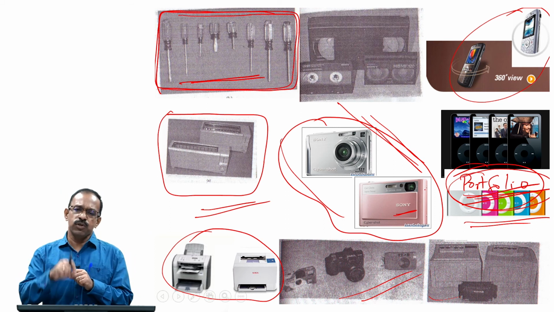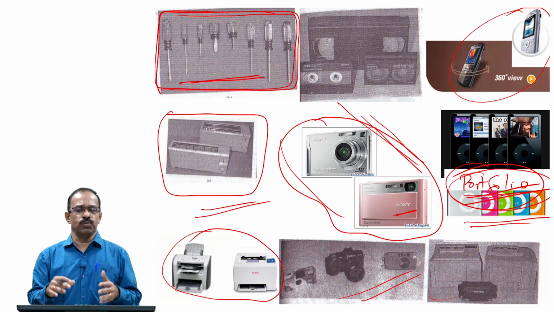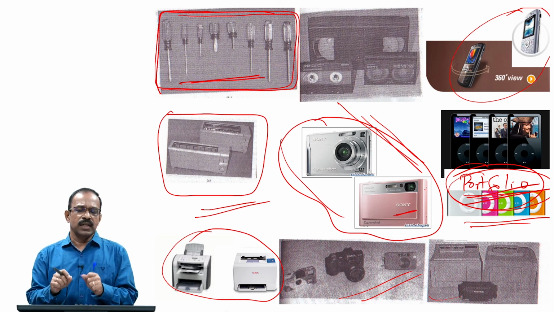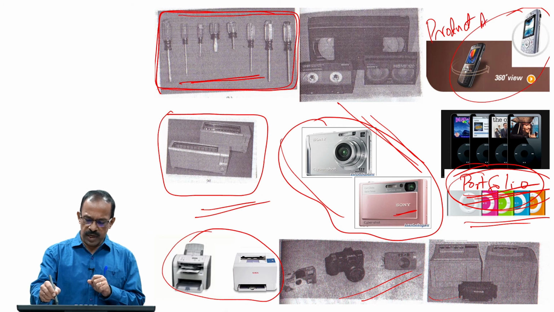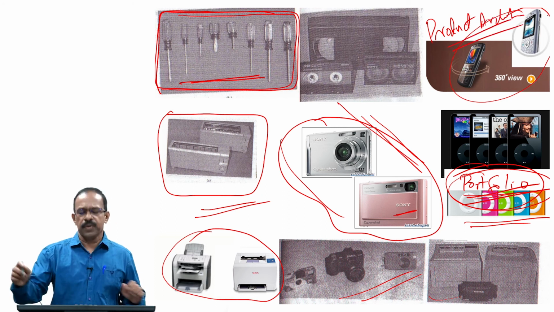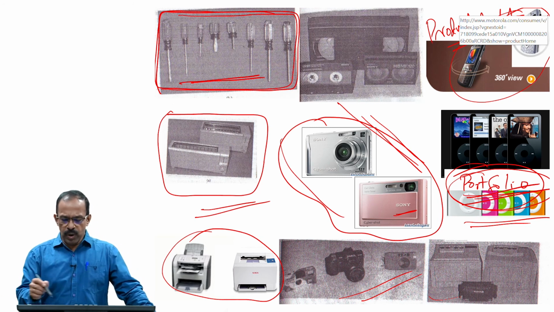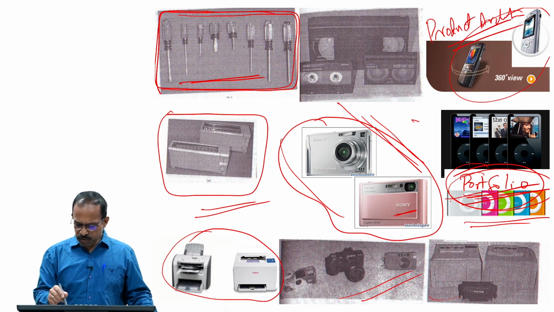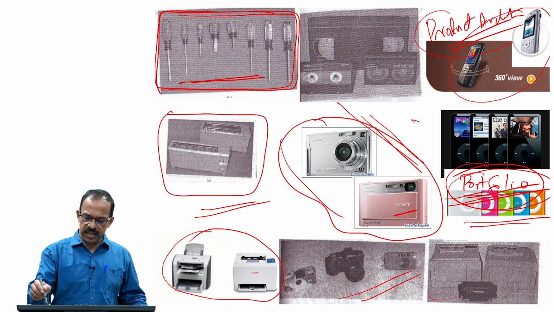And how each individual product needs to be designed, what kind of modules to be provided, what kind of features to be provided in an individual product, that is known as the product architecture. So, you have two things when you talk about architecture: the product architecture and the portfolio architecture. In this chapter we will be discussing how a company can decide the portfolio of products, and then, once we have this portfolio of products defined, how we can have the individual architecture for a product.